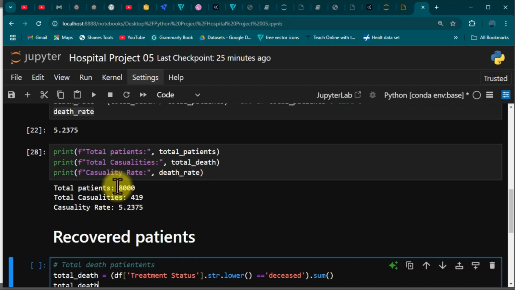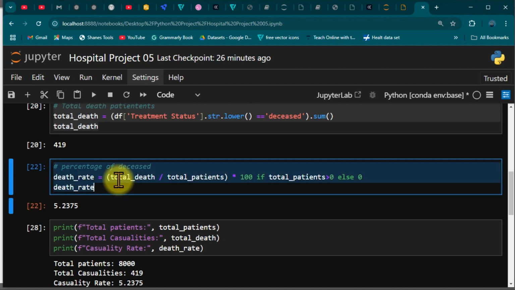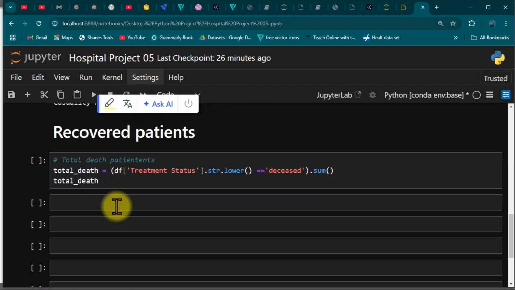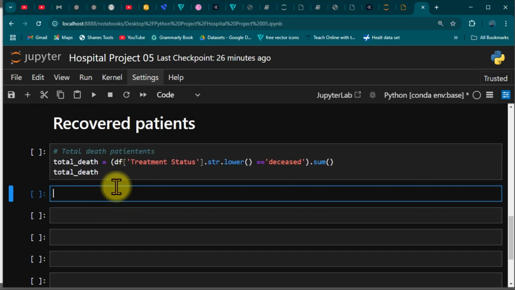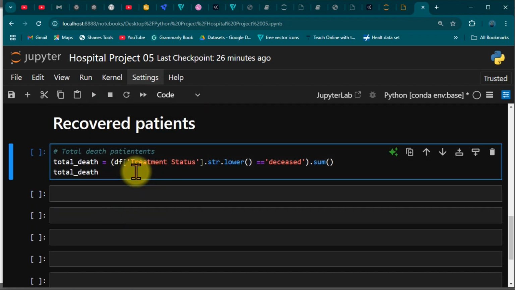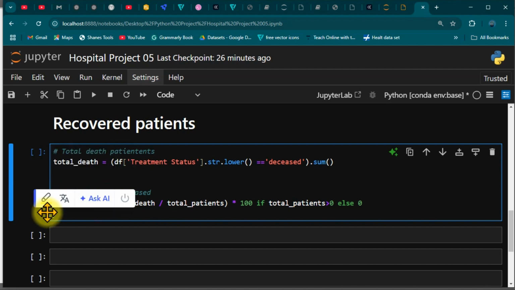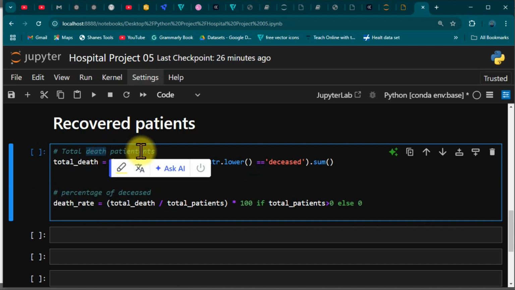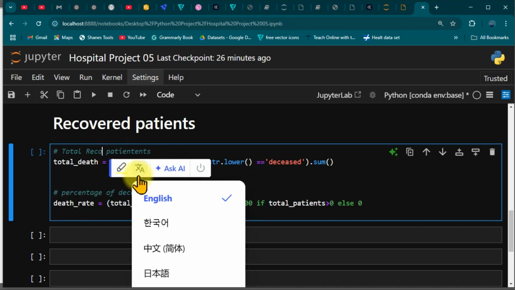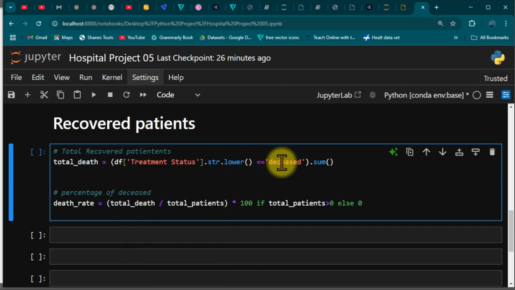So we are going to use this, and I'm going to copy the conversion here, this one as well. We are going to put it beneath here, right? So now we don't have to run this rate here. What we need to do right now is make this recovered patients. And over here, instead of showing deceased, we're going to do